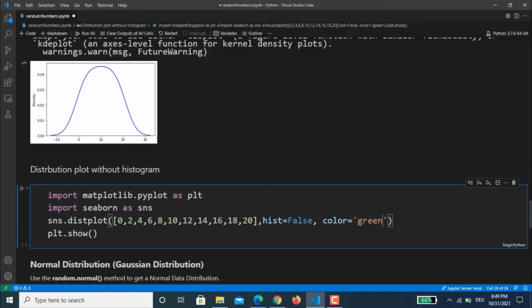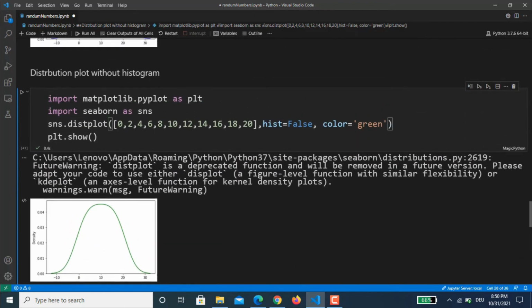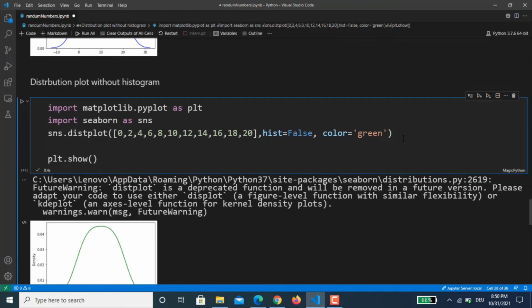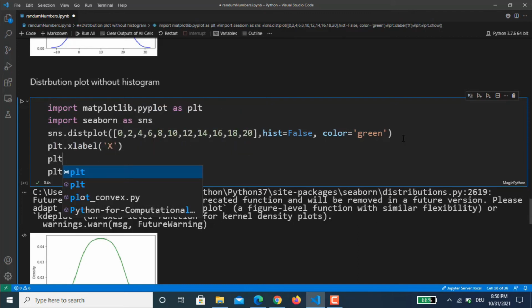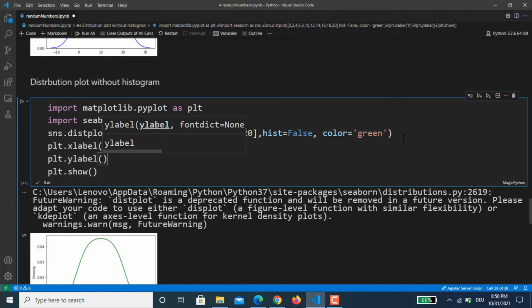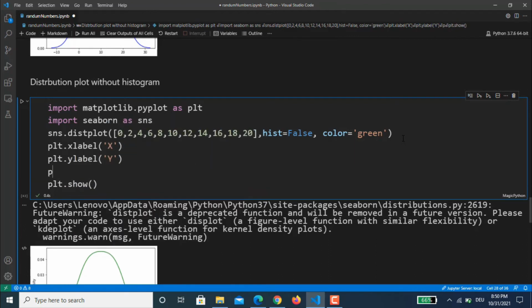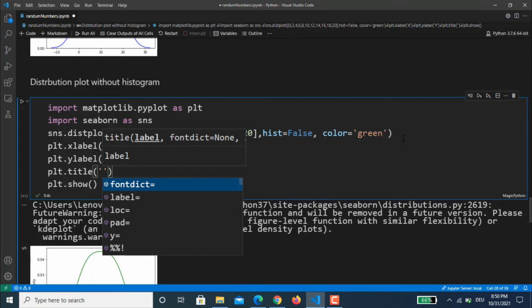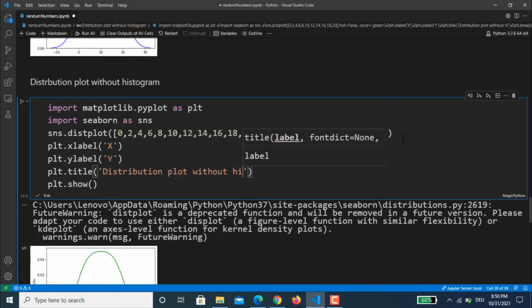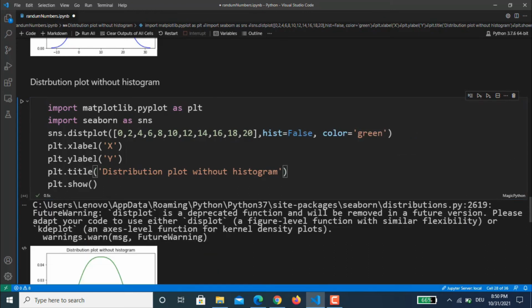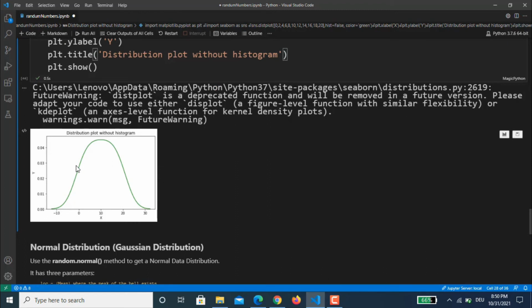So we can even generate a different set of values, and also you can have different colors. So you will get this green value, and you can do really nice things with the help of your X label, for example, you can give a value which is called X, and then you can even have plt dot ylabel, plt dot title. So you could even say distribution plot without histogram, and now you will execute this one and you will see that it is showing you your desired